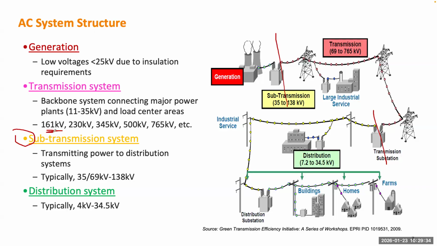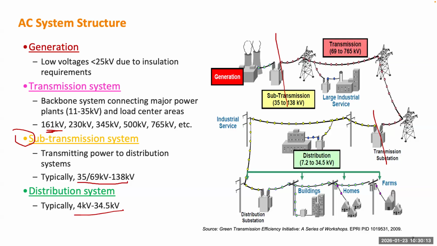Typically, we can use 100 kV as a boundary, like between 100 kV and 138 kV. So if you see the voltage is from above 35 kV until 138 kV, that usually belongs to the sub-transmission system. Distribution system is operated under 35 kV. That is the voltage level you can go to feeders to power the buildings, homes, and farms of different users. Okay, so the focus of this course is